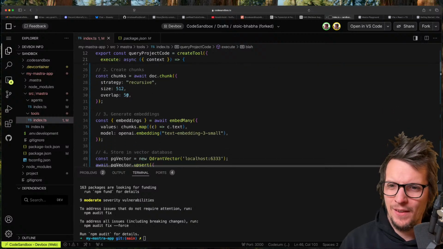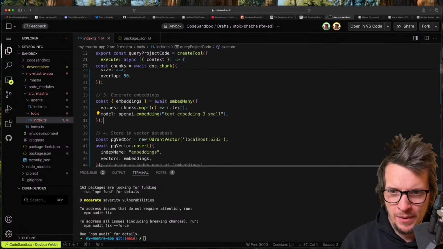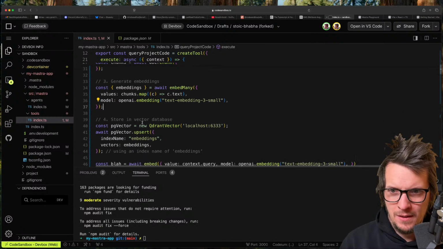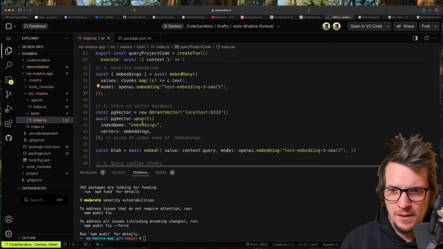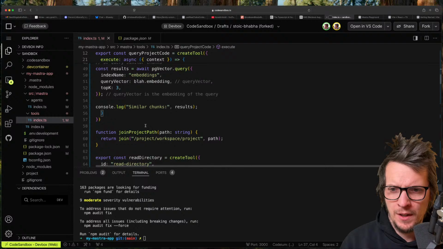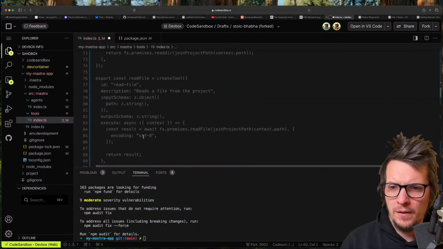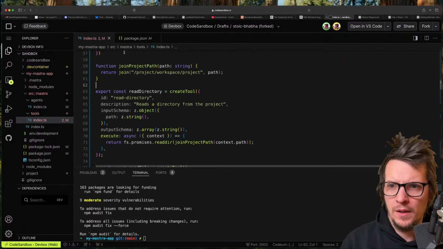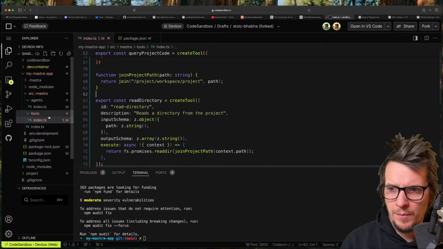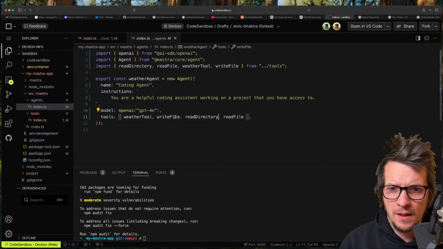size, overlap. All this depends on the content, right? How you should do this chunking. So it's immensely complex. Generate embeddings. Yeah, but it will be fun to just see it running. So we're not gonna allow it to redirect, or let's see. We can still have them here. But anyways, maybe that's the kind of